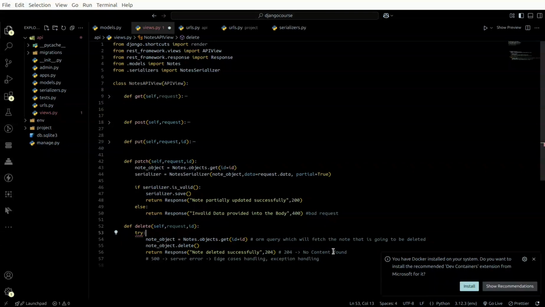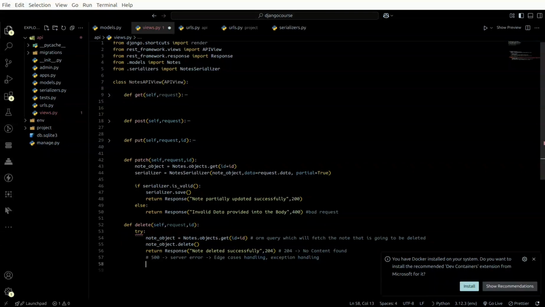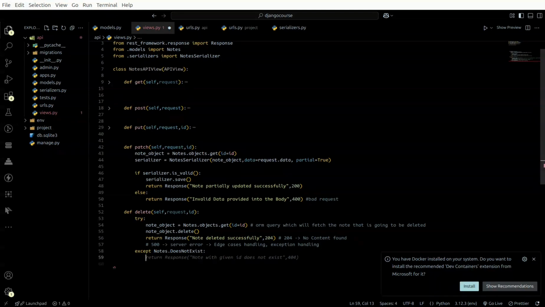So you have to put all these in a try block and except Note.DoesNotExist. This is an exception that will be raised. In that case, we are returning a response that a note with this given ID does not exist, and a status code of 404. And as I already informed you, any status code in the range 400 to